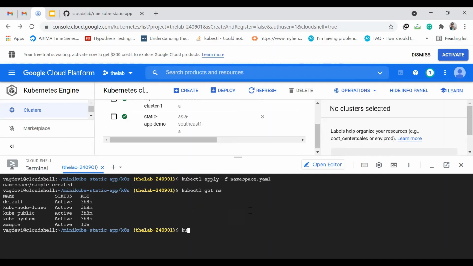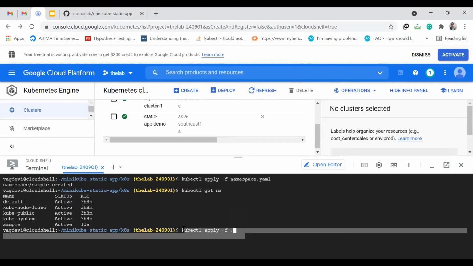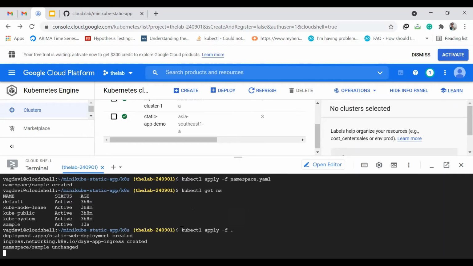Now kubectl apply -f. We can either create each resource separately by following this convention, the file name, or we can just directly do dot, because all the YAML files which we want to apply those configurations of are in this same directory. So this directly applies all those resources in one go.